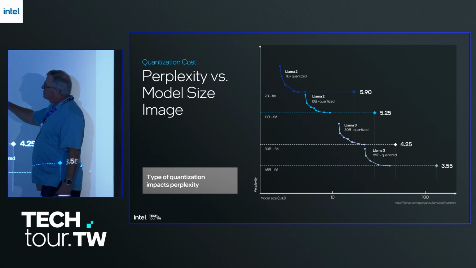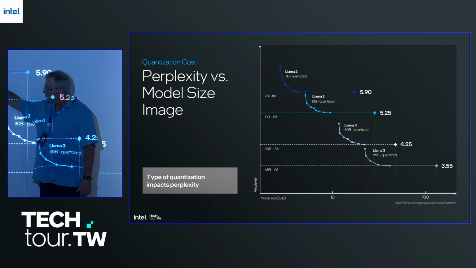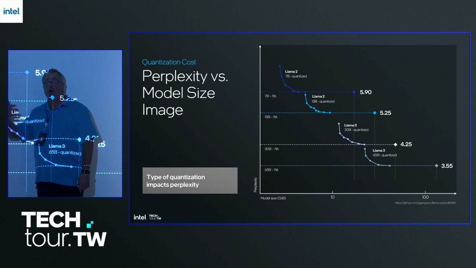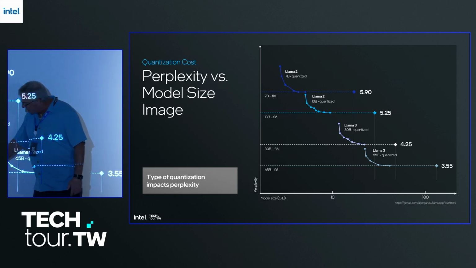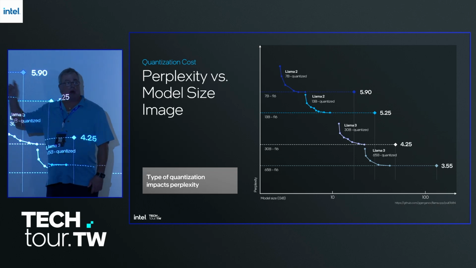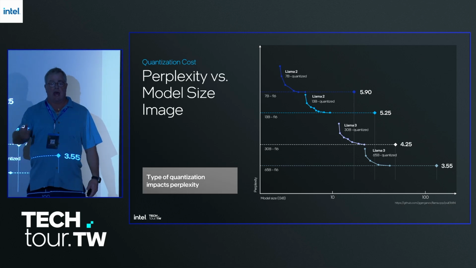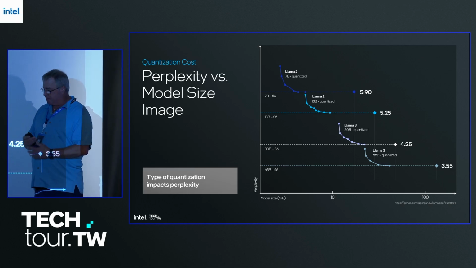So it's not sufficient to talk about performance, right? Because a lot of people are talking about tokens per second. You can see as the model shrinks, performance goes up, but so does perplexity. So you have to consider both of those at the same time. All right,